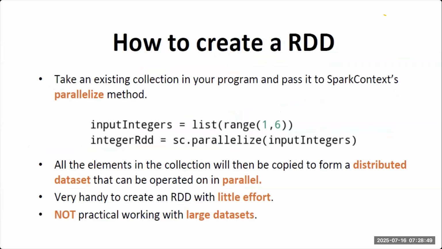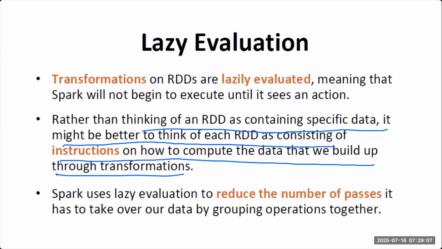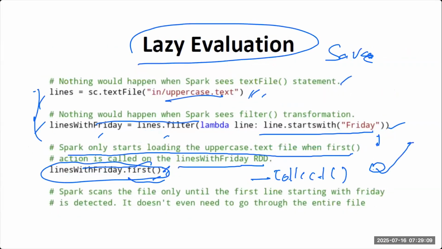How to create an RDD? You saw that one way of creating an RDD is from an RDD. If you do any transformation on one RDD, it will return you another RDD. The other way is reading an external data source. You read this data file, which is an external data source, maybe on your local computer or on HDFS somewhere. In this way also you can create an RDD.